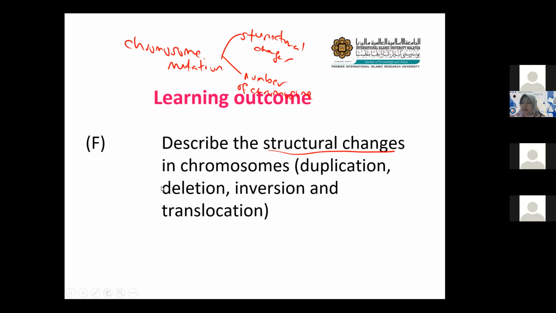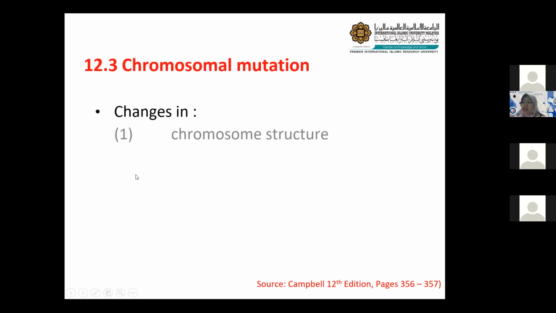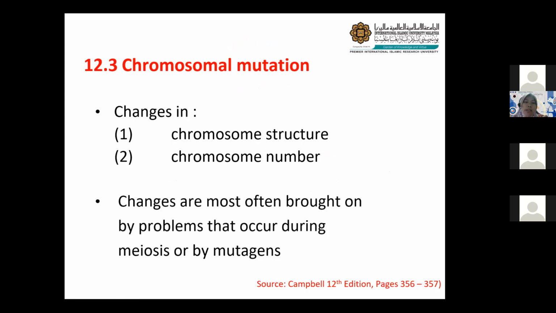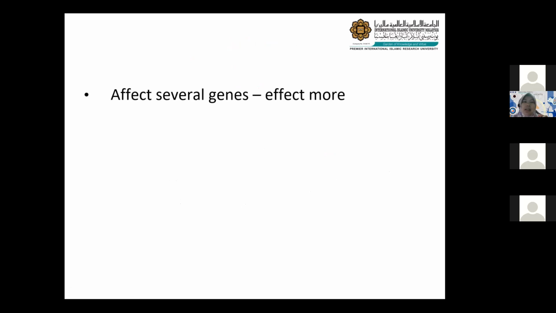Okay, so chromosomal mutation involves changes in terms of chromosome structure. I showed you already what chromosome structure changes look like. And number two is changes in terms of chromosome number. The changes are often brought about by problems occurring during meiosis or by mutation. So the chromosomal mutation, whether changes in chromosome structure or chromosome number, will have several